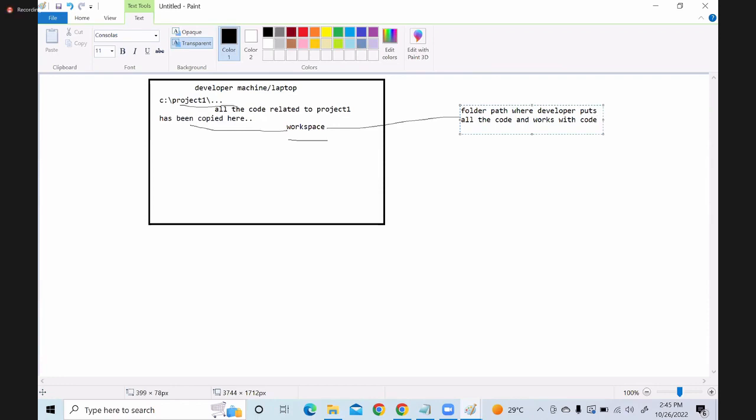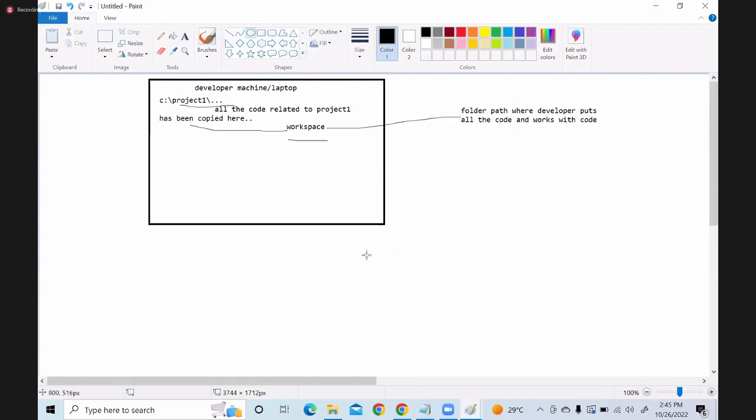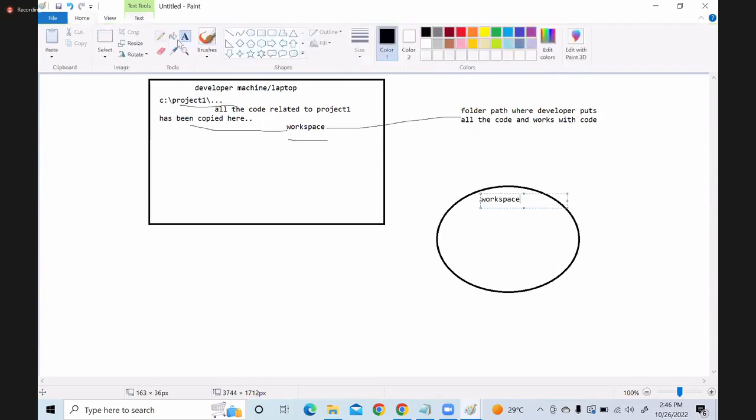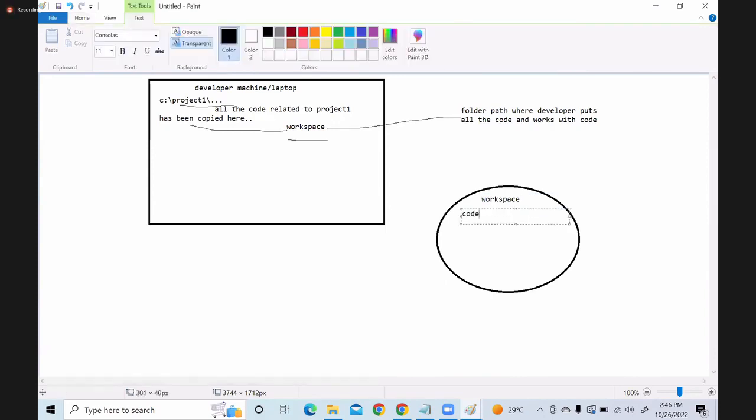So this is your workspace. In this workspace, the code files are there.